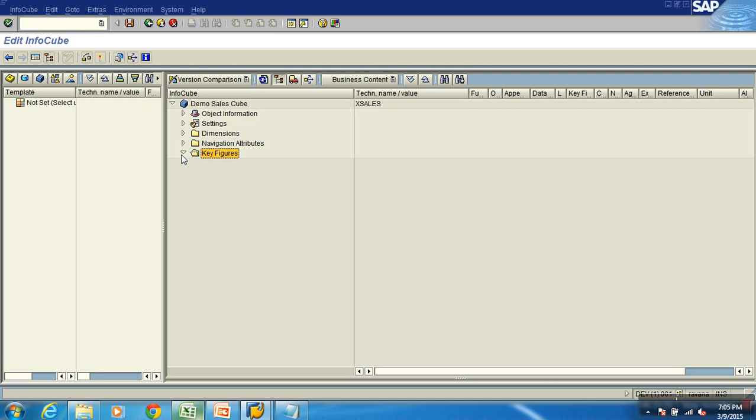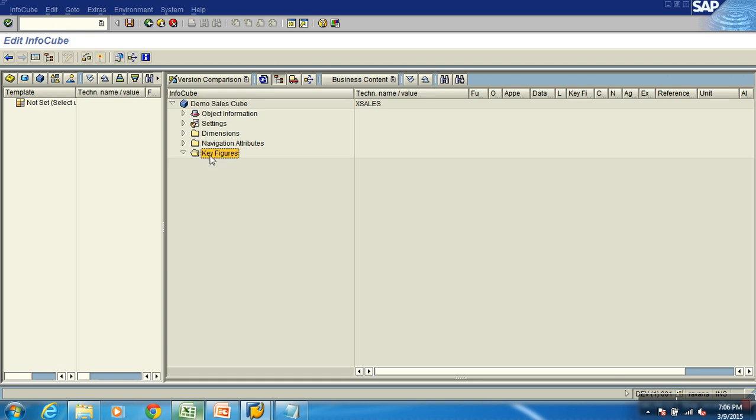You form a cube like a table, like a structure, right? What key figures do you want in it? Generally, you could imagine you specify everything at a time, right? But it asks for key figures and characteristics separately because there is some internal operation. We'll discuss that later. For now we just have to specify key figures. What key figures do you want? Amount, gross amount and quantity.